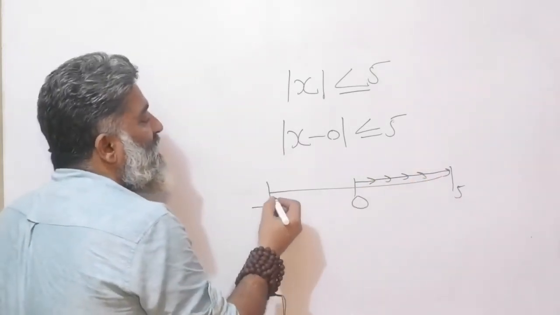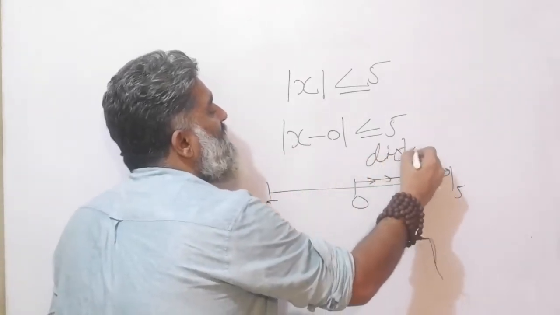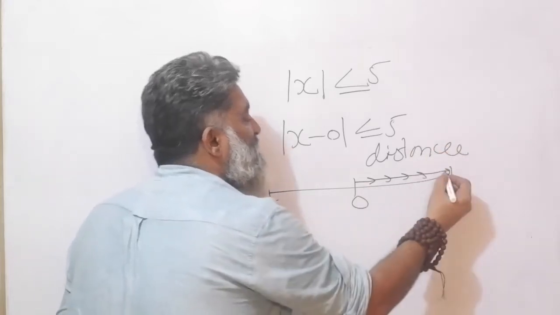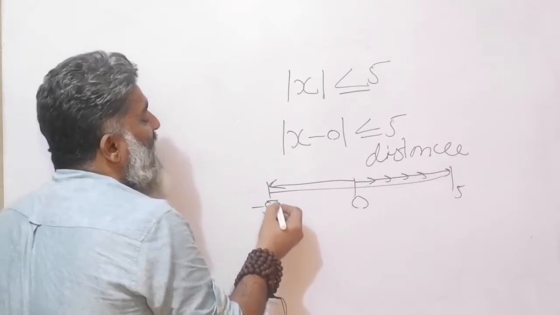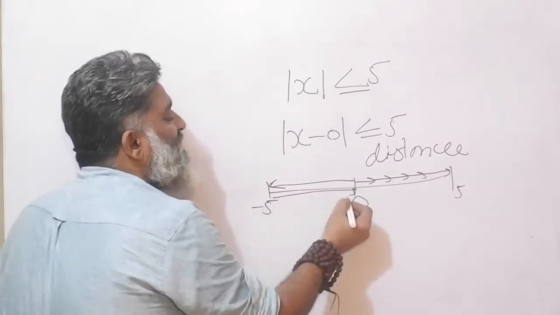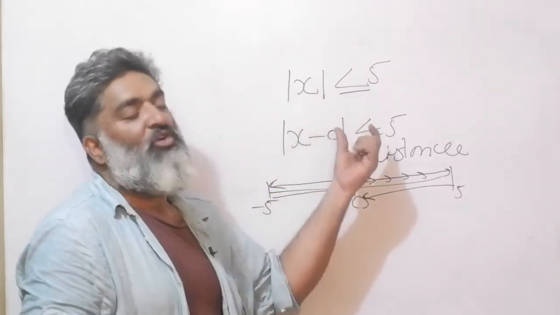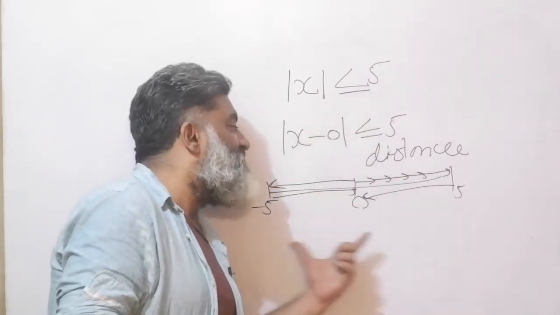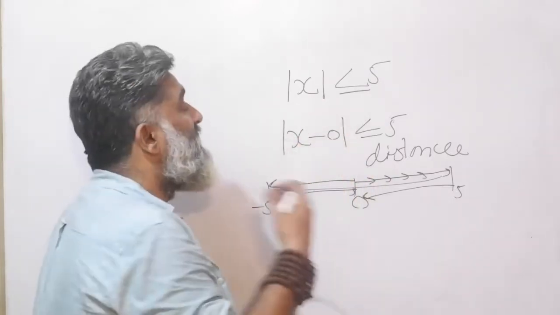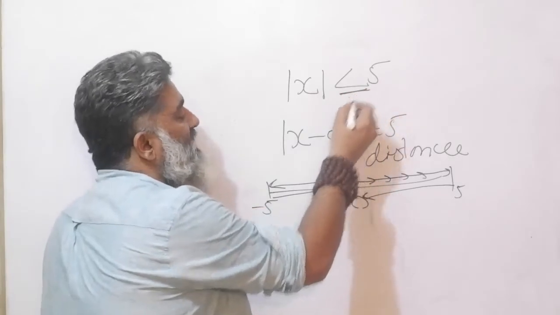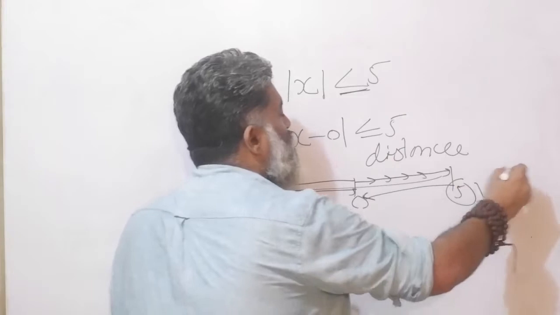Similarly, in the other direction, because now I'm just looking at the distance as the interpretation. Now if I say distance only, this is also distance, but I can also go in this direction. So any number between minus 5 and 0 and 5 and 0 will work for this inequality. In this range between minus 5 and 5, the inequality will work. In fact, because there is an equal sign here, minus 5 is also okay and 5 is also okay.